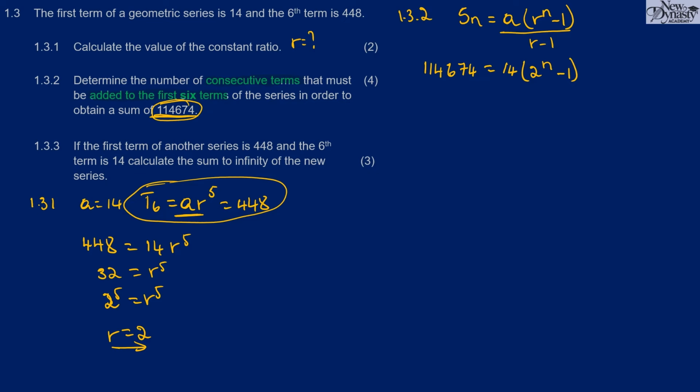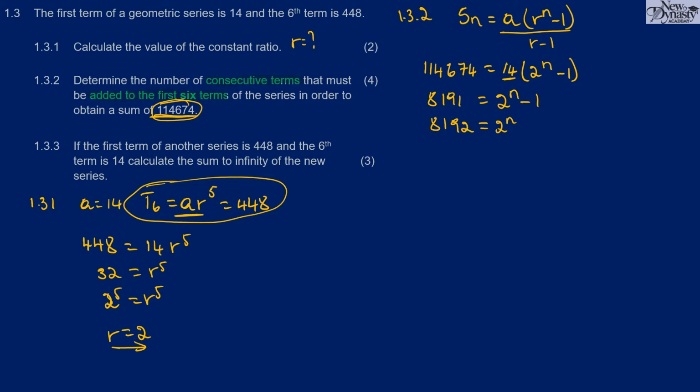So we can go on and divide both sides by 14. When you divide on the left hand side by 14, how much do we get? We're going to get 8,191. When you divide on the right hand side by 14, 14 and 14 are going to cancel, because that is our aim, to remove this 14. So we are going to be left with 2 to the exponent n minus 1. Therefore, you can add 1 on both sides, so that you are left with 2 to the n on the right hand side. When you add 1 on the right hand side, minus 1 and 1 cancel. Then you add 1 on the left hand side, you get